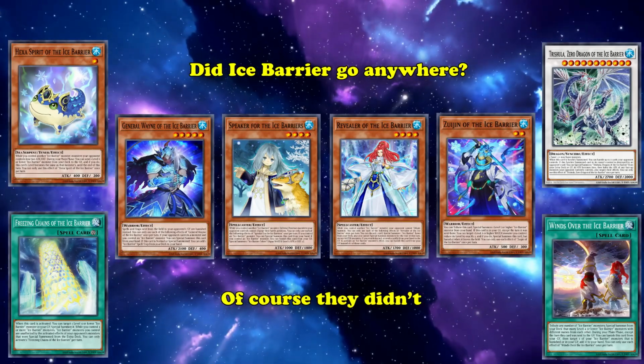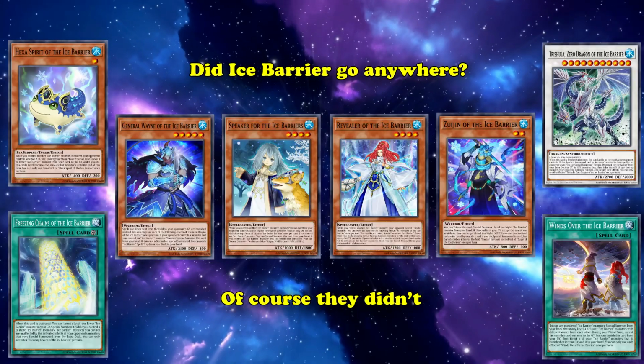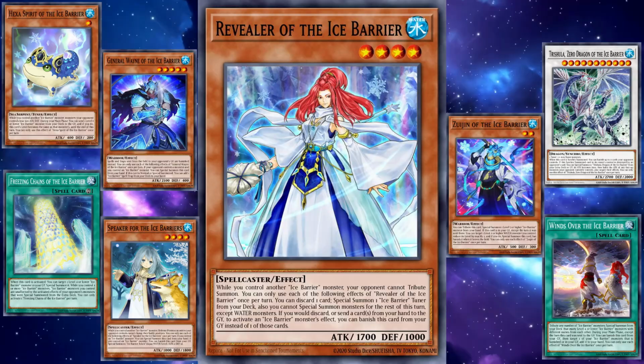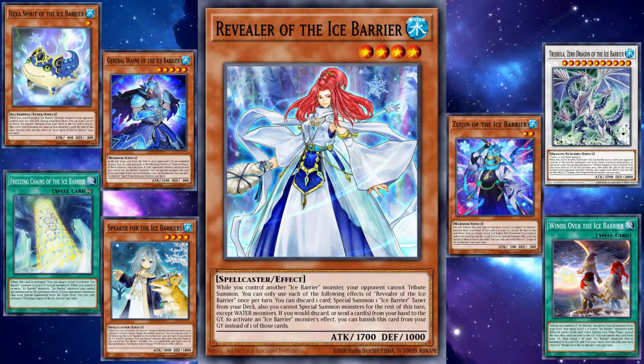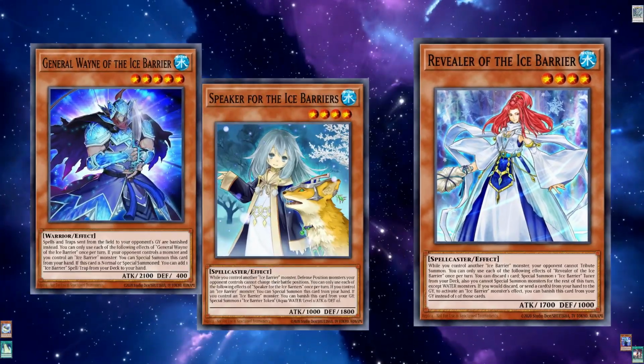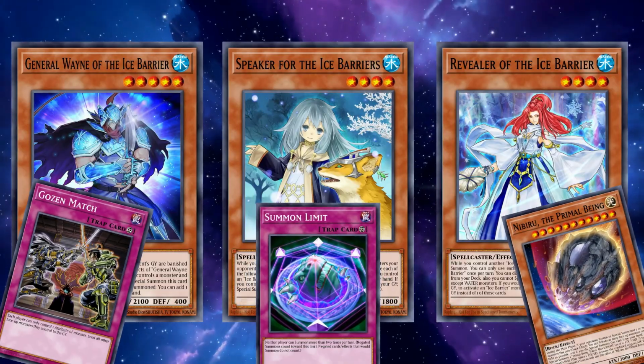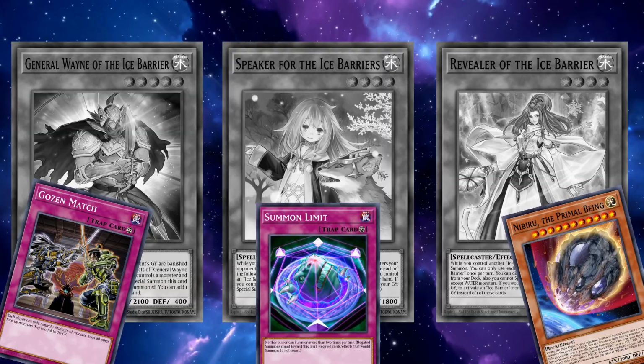Of course they didn't. We wouldn't have this video if they did something. While they gained a starter, they're highly dependent on having monsters on the field, making them highly reliant on board presence since most of their cards depend on them having an Ice Barrier on the field. Cards like Gozen Match, Nibiru, and Summon Limit pretty much shut the deck down and make it challenging to set